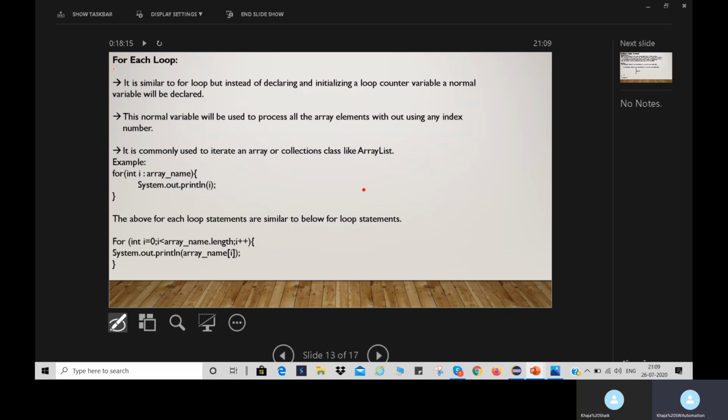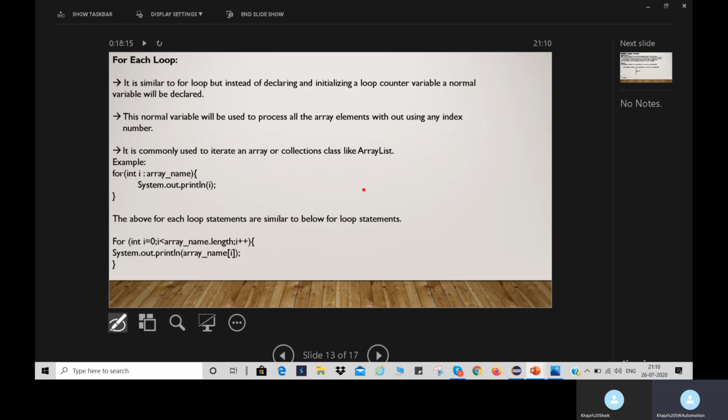It is similar to the for loop, but instead of declaring and initializing a loop counter variable, a normal variable will be declared in the for each loop. This normal variable will be used to process all the array elements without using any array index numbers. It is commonly used to iterate an array or collections classes like ArrayList.